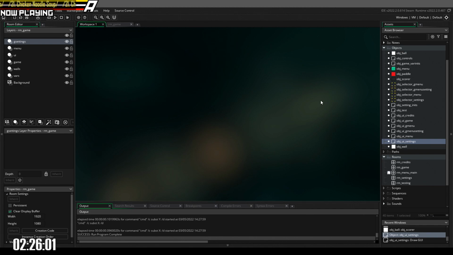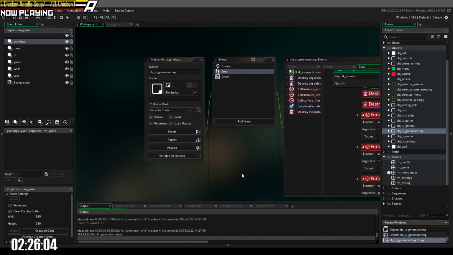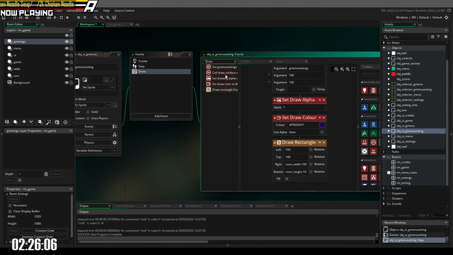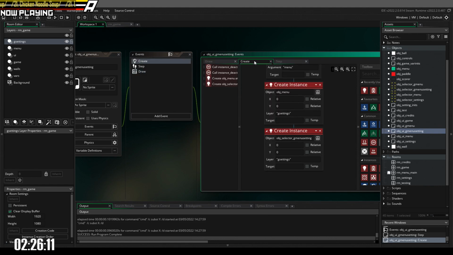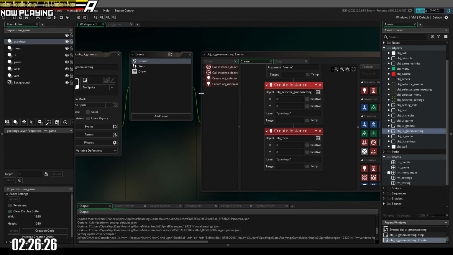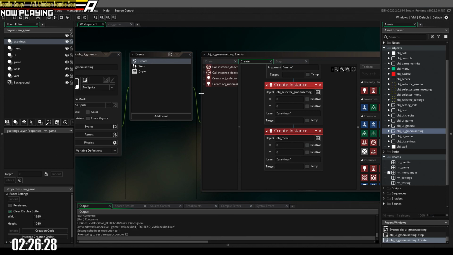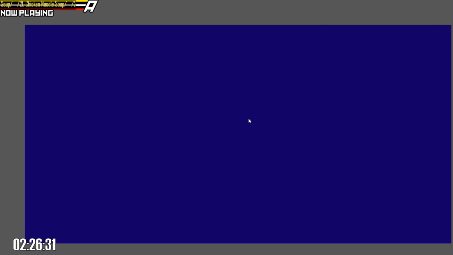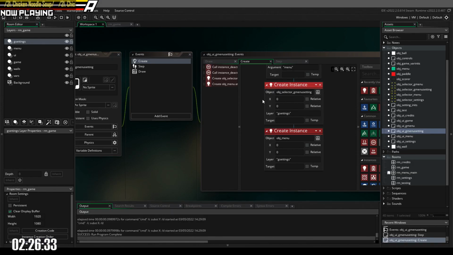Okay, I want to open this. Okay, on the draw step, it's going to do this. On create, it's going to create an instance. Maybe do it like this. Is that gonna work? Okay, that one works. Good. I just want to make sure it wouldn't break anything. Okay, so